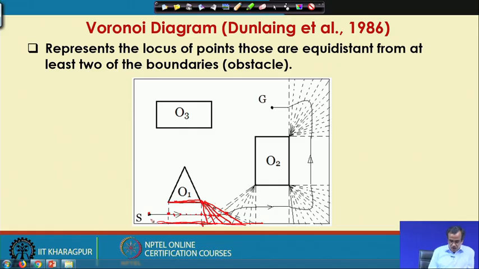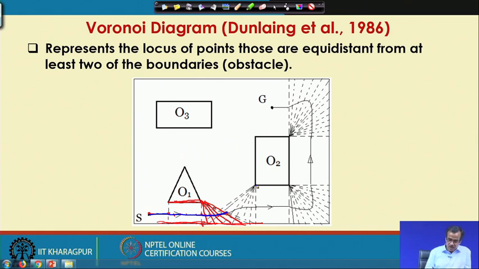So, what we do is we start from here and then up to this we can find out the collision free path. The collision free path could be something like this. For example, starting from here, the collision free path up to this is something like this, then I can find out a path up to this.